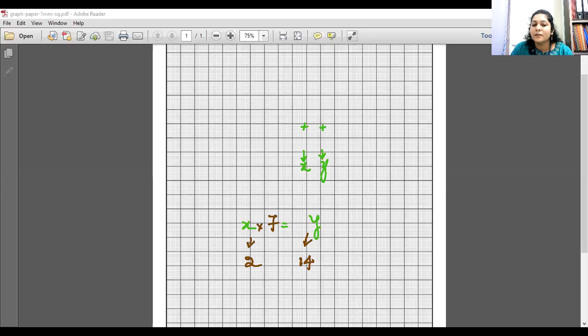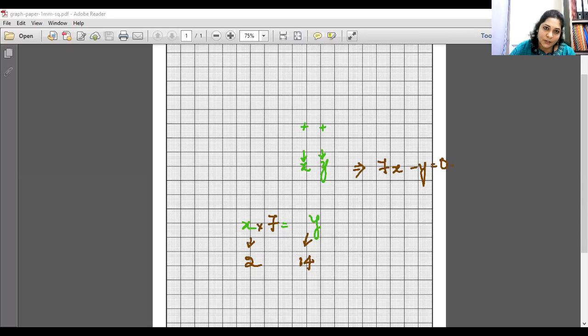Ma'am, then can I tell the equation? Yes, I will give you a chance actually. So this is one of the equations, correct? One of the equations is 7x minus y is equal to 0. How did I get this equation? I just used simple logic, by substituting the values of x and y, I can see that this is satisfied. 7x minus y is equal to 0. So I can go ahead and say this is satisfied.